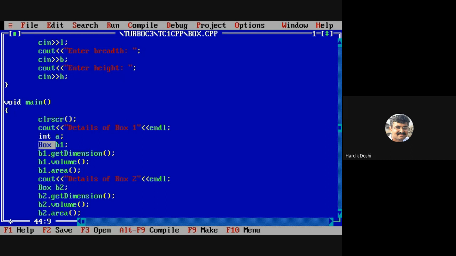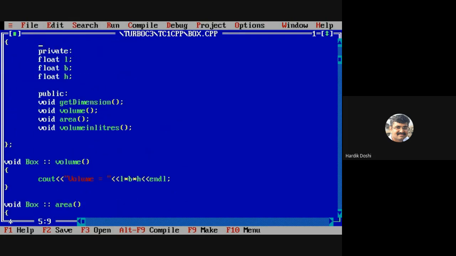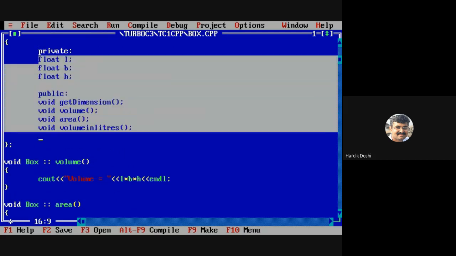Do you agree with this? But the question comes, how much memory is allocated? For that, you need to check out the members of the class. What are the members? Can I say these all are members of the class?